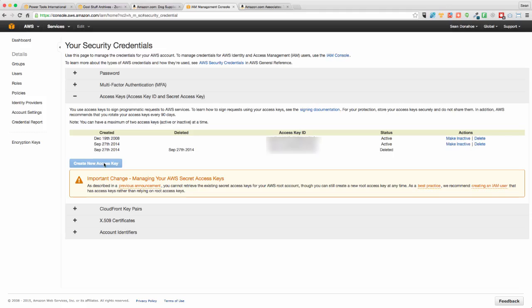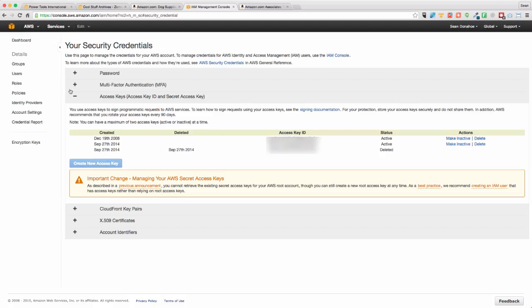Make a note of them, save them in a text pad or text editor somewhere, in a very safe place, because you're going to need those later on. Once you've created it, you cannot get your secret key back, because it's secret. So secret, you can't even retrieve it from Amazon. And you can only have 2 keys active at a time. Right now, I've had to blur out my access key ID. Keep those safe, as I say, and you'll be fine.